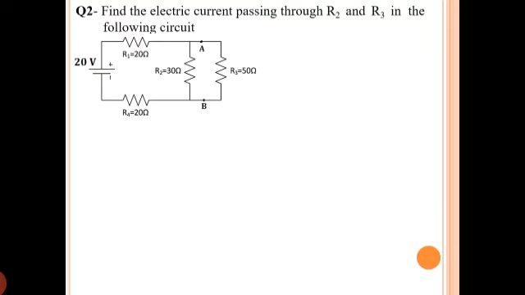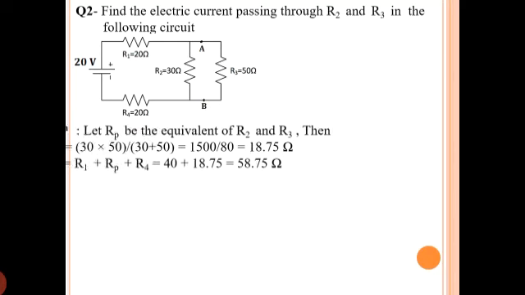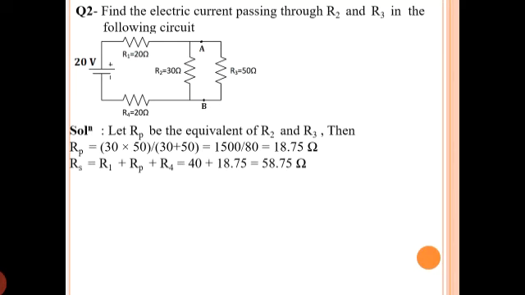And we know if the resistors are connected in parallel, then the current will get distributed. Across R2 and R3, since the resistance is not the same, the current will most probably differ. But how to find it, we need to go for it. One thing is clear: whenever you have to solve a circuit, very first try to find the net resistance and net current flowing in the circuit, and then go for the next step. So if R2 and R3 are in parallel, let RP be the equivalent. Solving, you'll get RP is equal to 18.75 ohm.